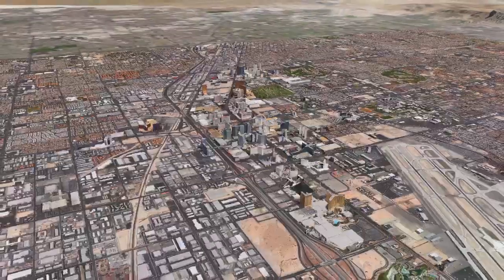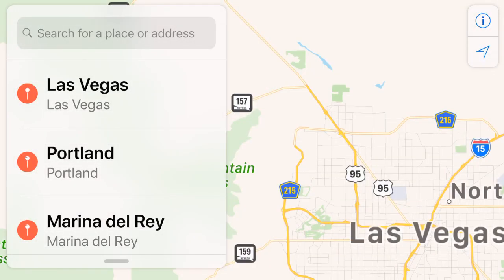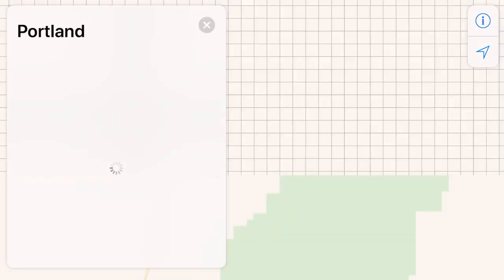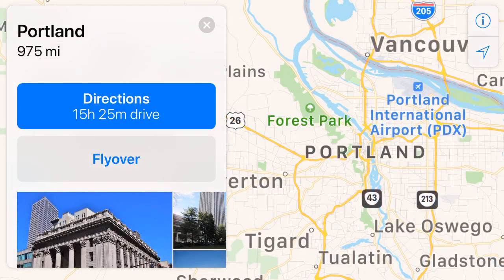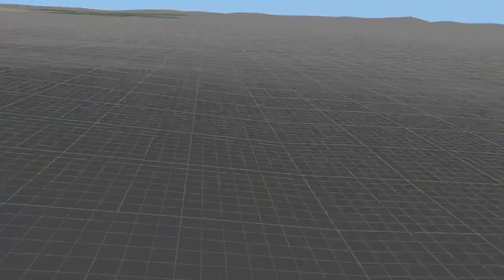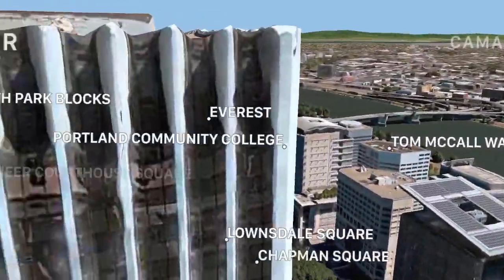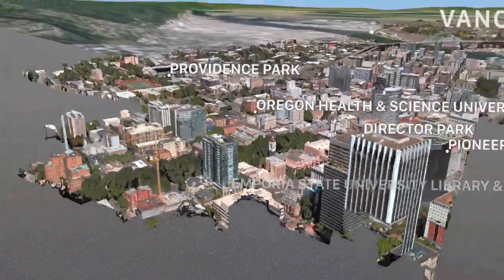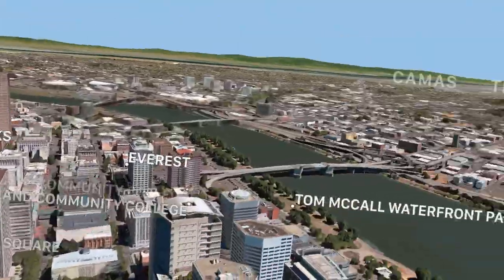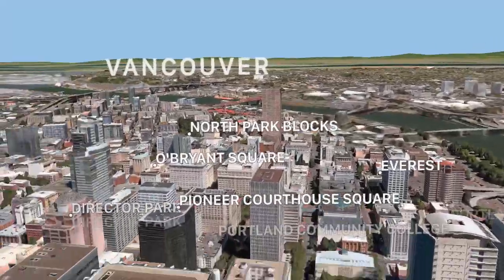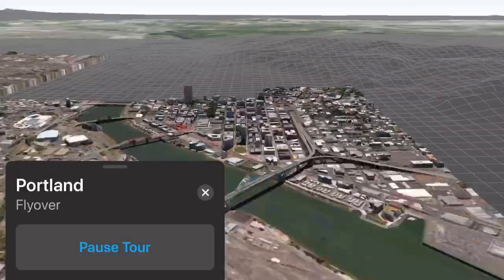So let me stop this if I can. If I click on stop, yeah, these are just some cities that I did. So for example, Portland. Let me try Portland, and then I'll click on flyover here and see what happens. So there you go. Now, before I click City Tour, I can zoom in and out. I can look all around. I'm actually moving my phone. And then if I want to click Start City Tour,